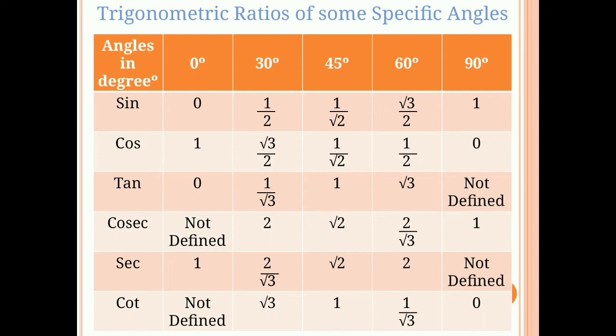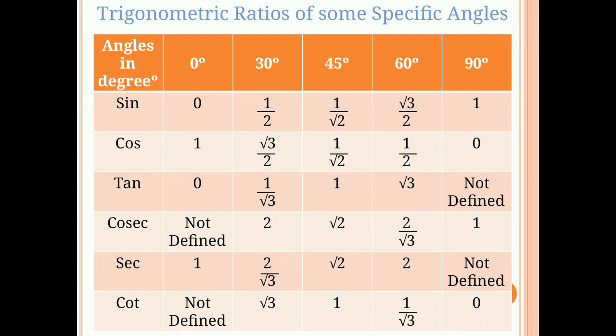First we will write angles in degrees, starting from 0 degree, then 30, 45, 60 and 90 degrees. So sine of 0 means sine of 0 degree. If we see in a right angle triangle, if our acute angle is 0 degree, then our opposite will be 0, because at 0 our hypotenuse will become the same as the base only. So the opposite will be 0, so sine 0 will be 0. In this way we have to calculate, like in your book they have calculated the angles, but I am providing the tables for the trigonometric ratios of these specific angles.